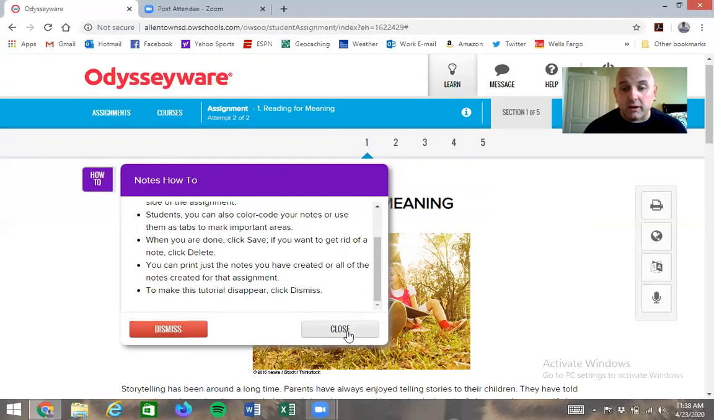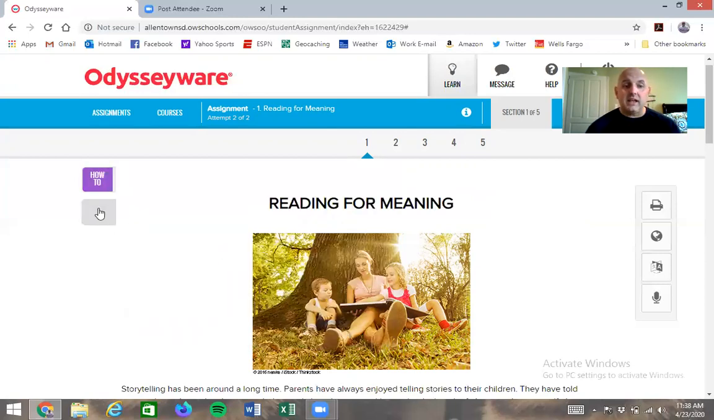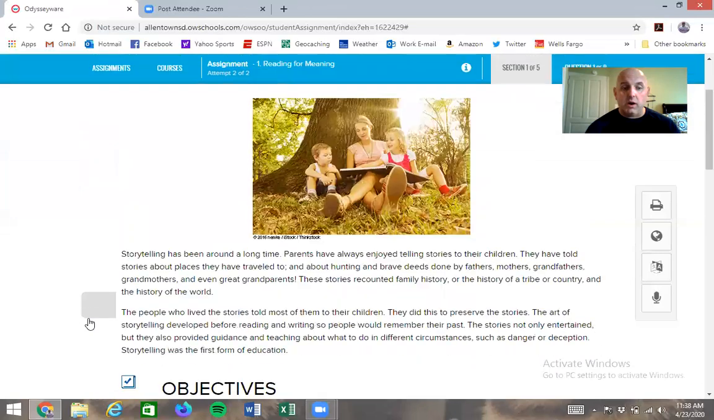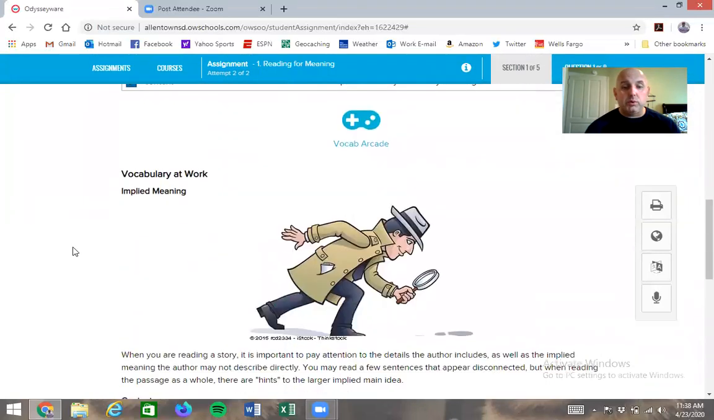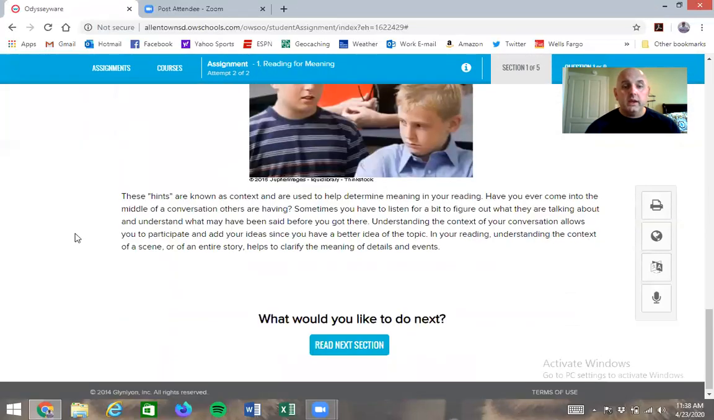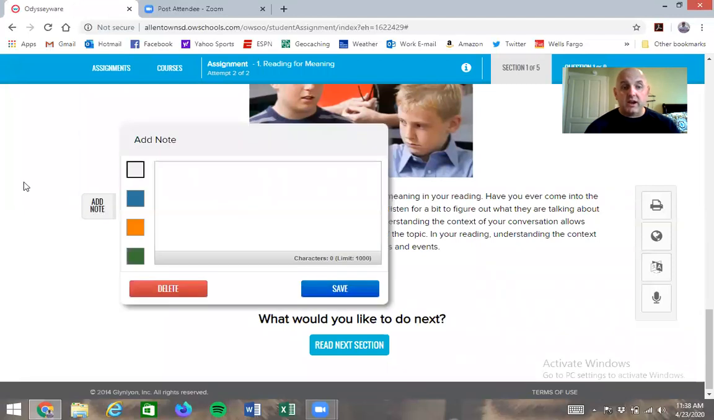I might leave it there personally for the first few times you do the lessons. As I take my mouse to the left-hand side and I run it down that bar, you see these little gray boxes show up. When I decide I need to put a note in here, I click on that gray box and it gives me the option to type in a note. So I can type